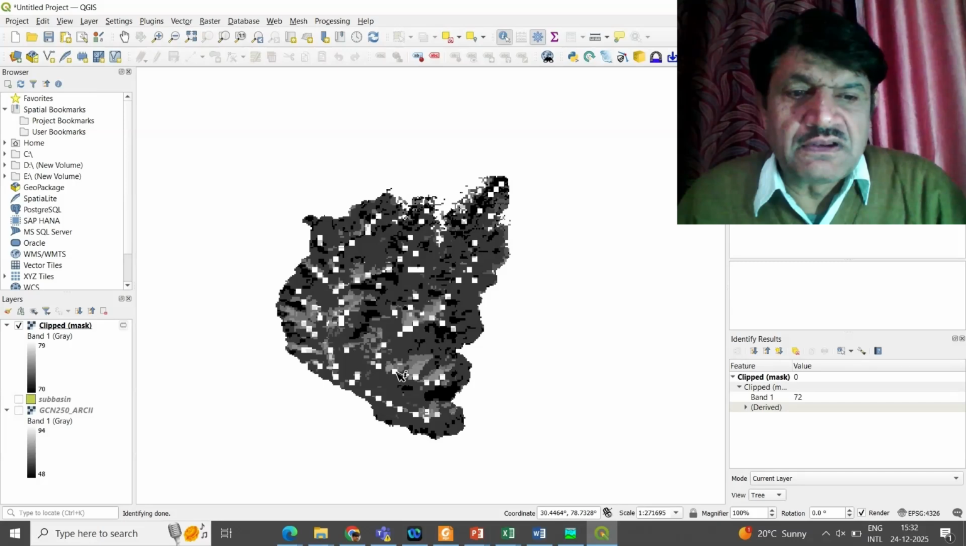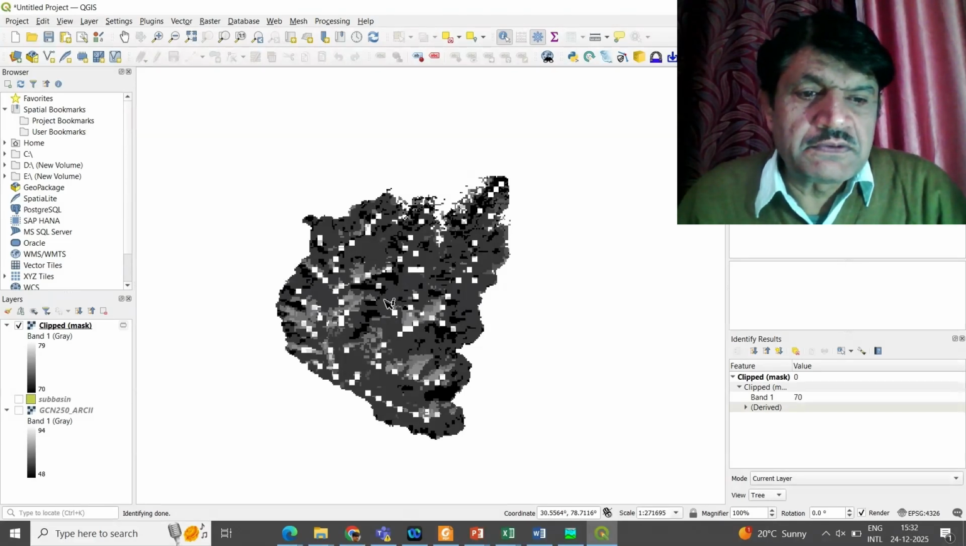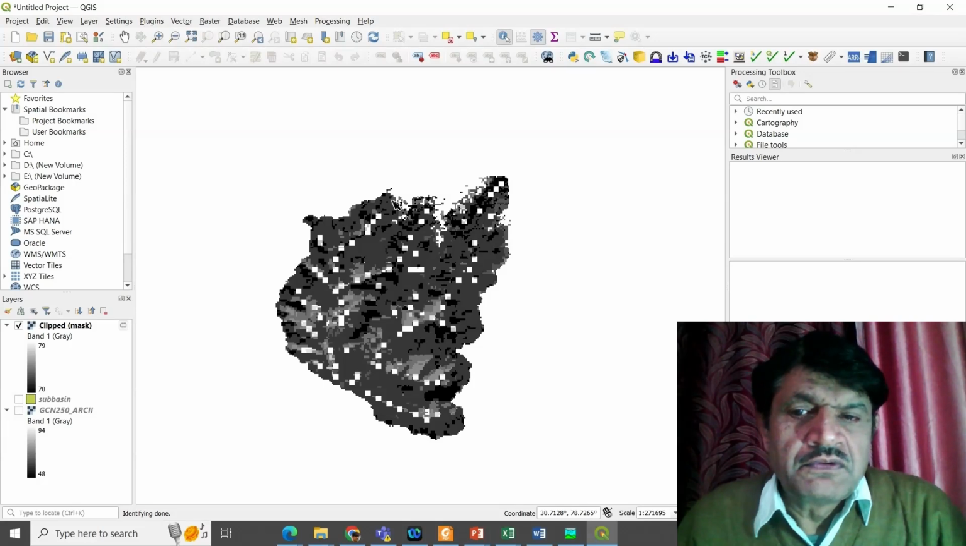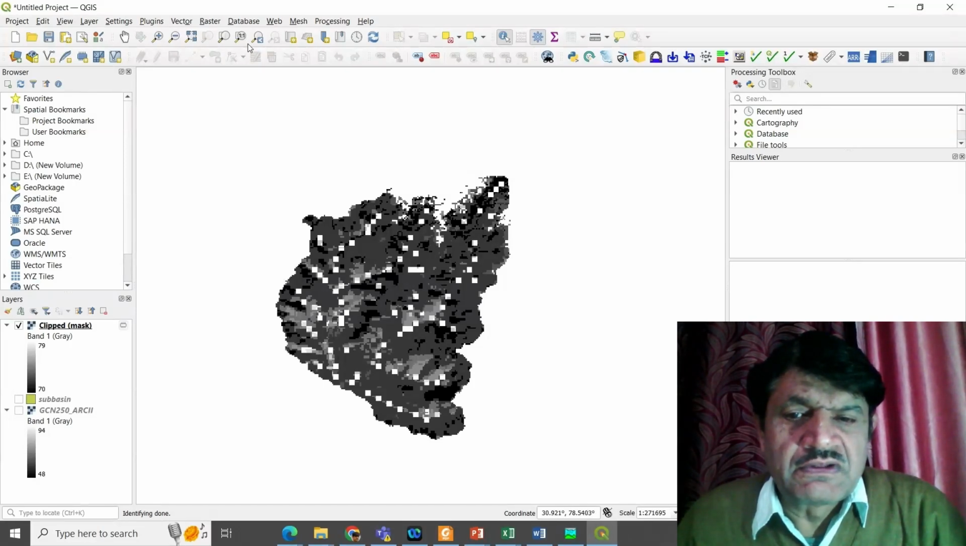So we are clicking over there. Somewhere it shows the curve number as 79, 72, something like that. So here is 72, right? 79, 72 is there, 70 is there. Likewise, we have different curve numbers at different places. Once you have the different curve numbers at different places in the sub-basins, specifically in HEC-HMS,